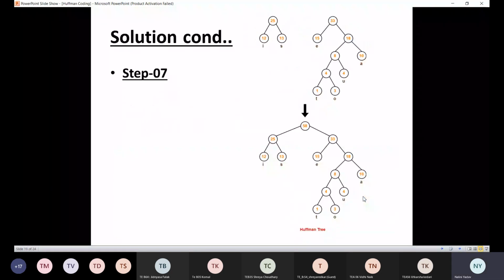So now we have formed this Huffman tree. Still we have not given any codes to our alphabets, right? No one has been given a code yet, so far we have only built the prefix tree.